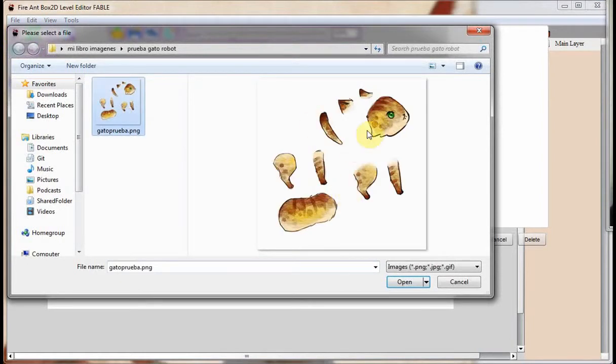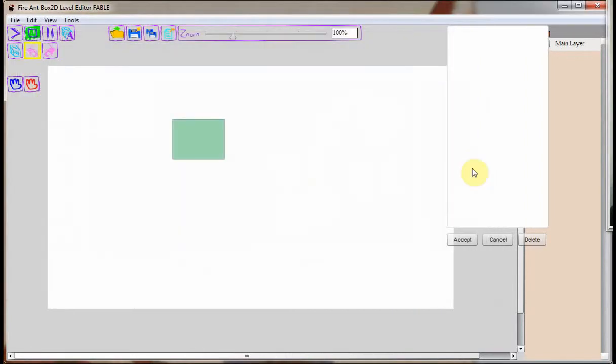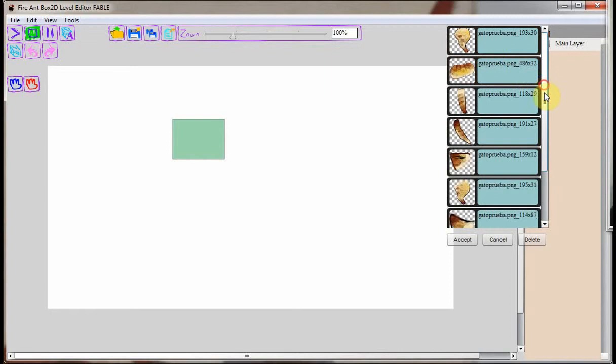I will select this texture that is not optimized and that actually contains a couple of different images. In this case, we have 9 images, but the tool actually takes care of splitting each image and allow me to handle it individually. So here we have all the images split individually. So for example, I can set